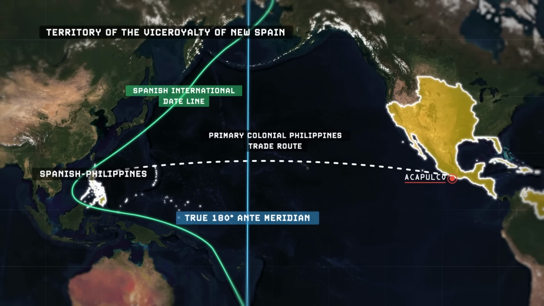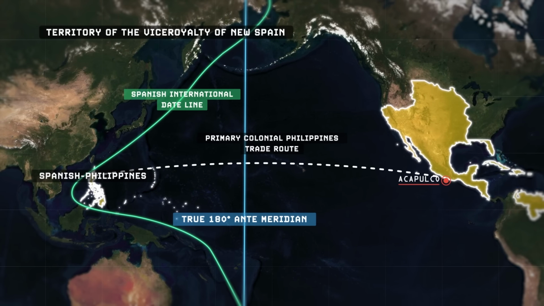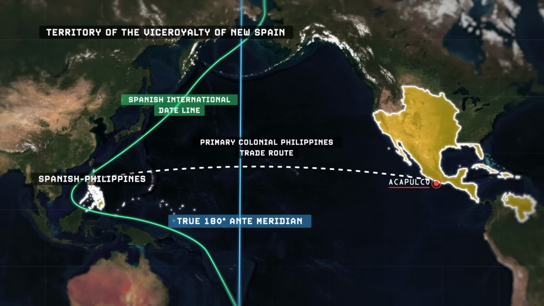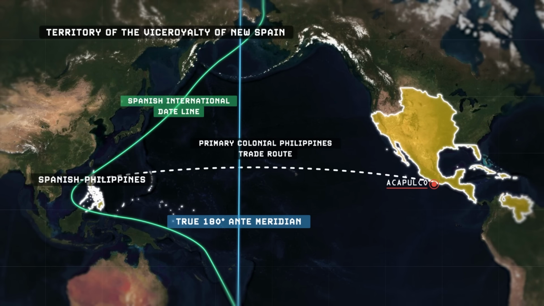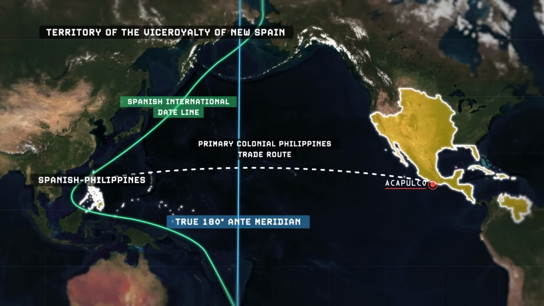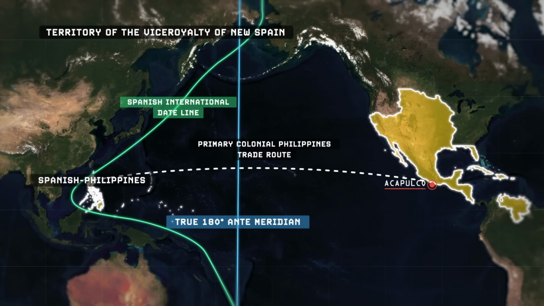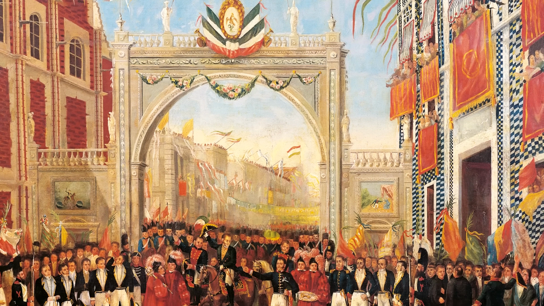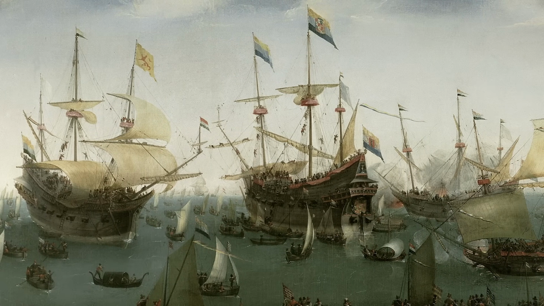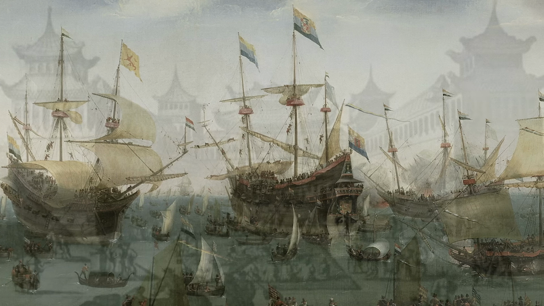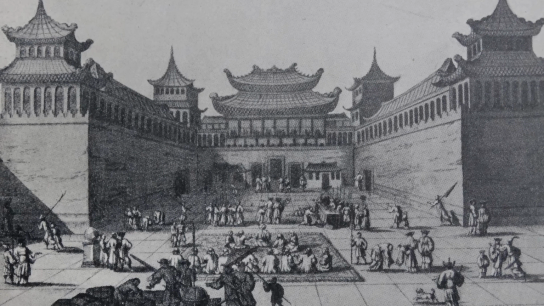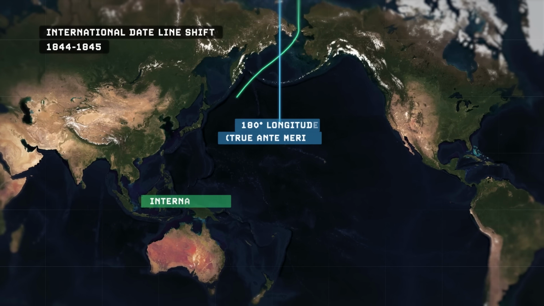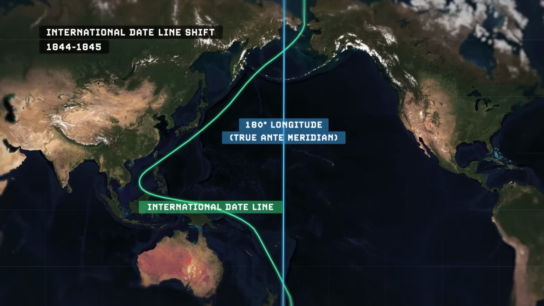Consequently, for a total of 323 years, 9 months, and 2 weeks, from Saturday the 16th of March 1521 until the 30th of December 1844, the Philippines were always one full calendar day behind the rest of all of their neighbors in Asia. The situation only started changing after Mexico achieved its independence from Spain in 1821, and the trade relations of the still Spanish-ruled Philippines gradually began shifting towards their geographically closer neighbors in China and the Dutch East Indies instead. In 1844, the Spanish authorities in the Philippines decided that being a full calendar day behind their largest